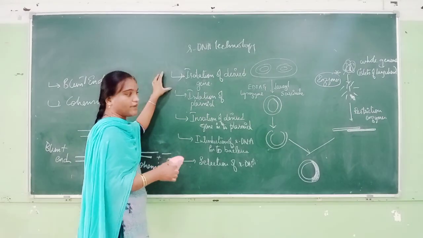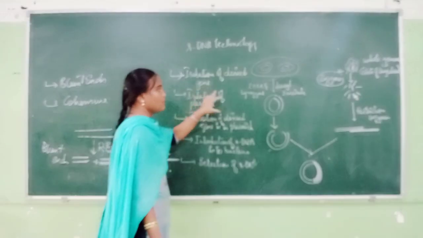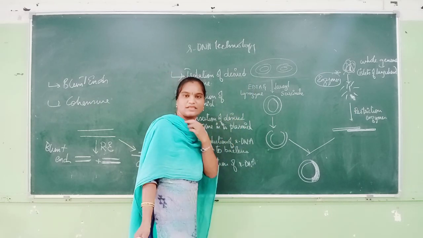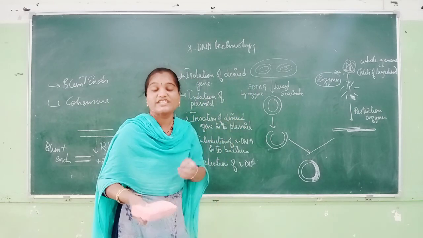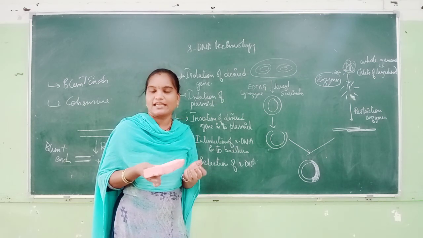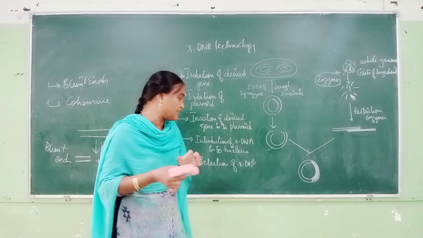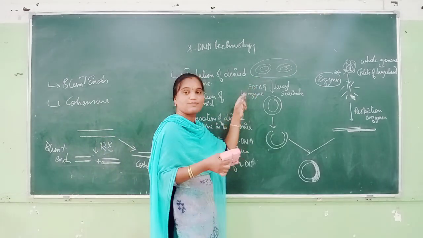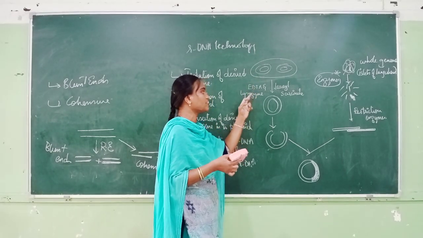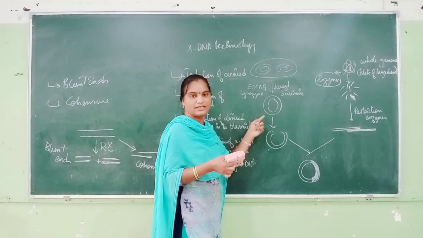Now up to here you have isolated the desired gene. Coming to the isolation of plasmid, you will isolate your plasmid from bacteria, isn't it? Plasmid is nothing but a vector which carries your desired gene. So vector DNA plus your desired gene is known as rDNA molecule or chimeric DNA molecule, isn't it? So how is this plasmid DNA isolated? The bacteria is treated with EDTA, lysozyme and lauryl sulfate. Then your plasmid DNA is isolated.